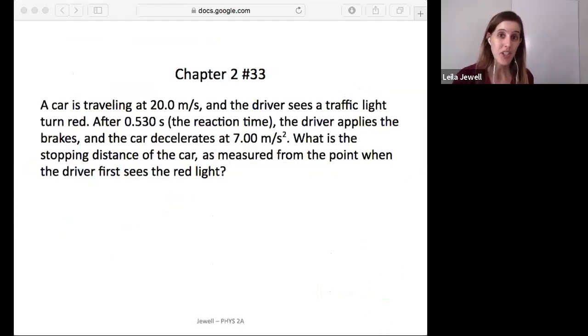Okay, let's finish out chapter 2 with an example. Number 33 from the problems at the end of the chapter says a car is traveling at 20 meters per second and the driver sees a traffic light turn red. After 0.53 seconds, the reaction time, the driver applies the brakes and the car decelerates at 7.0 meters per second squared. What is the stopping distance of the car as measured from the point when the driver first sees the